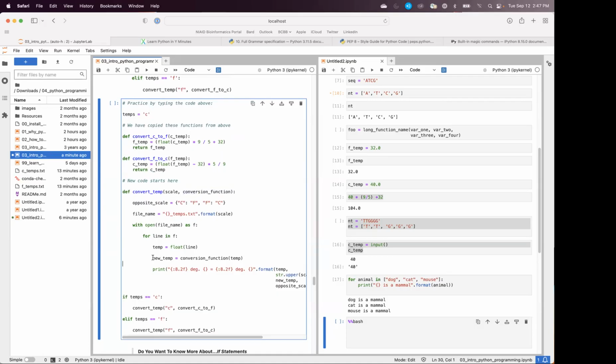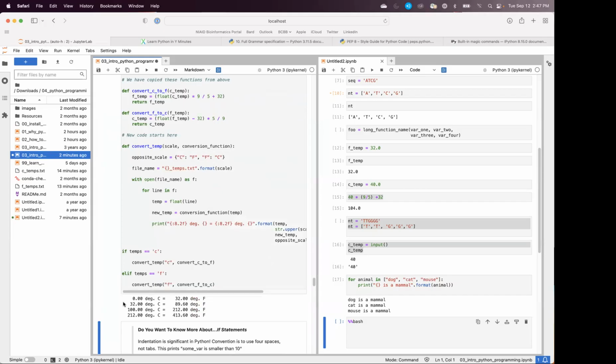And then what you'll notice is that this statement here is using that function name and calling the correct function name when it executes to do that temperature conversion. Okay, and so it seems a very powerful technique, and the fact that everything in Python is a function, is an object, means that I have these types of capabilities. Okay? And so if I run it, I can see that I'm doing these conversions from 0, 32, 100,